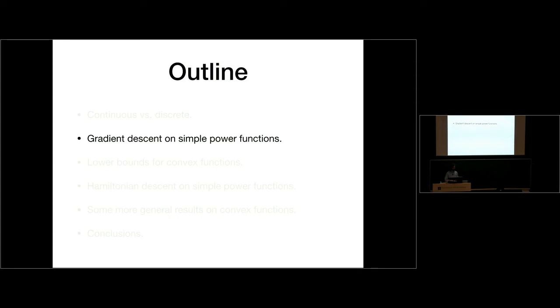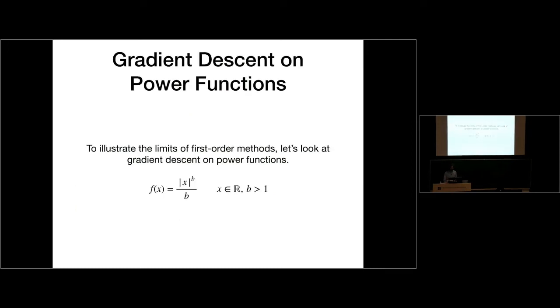Right. Now with this new fancy little tool, we're going to move on to think about how gradient descent behaves on simple power functions. So we're going to think about a function in one dimension, for one-dimensional parameter x, the absolute value of x to the power b divided by b, where b is strictly bigger than 1. And the reason we're going to do this is that we're going to learn a lot about how gradient descent behaves on generic functions. I'll talk about that later, but this is a nice little sandbox for us to understand what affects the performance of gradient descent.